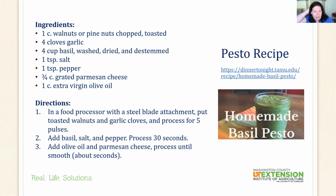The other thing that's very popular that people typically make, especially when they grow a lot of basil, is pesto. This recipe comes from Texas A&M, and their recipe calls for walnuts. So if you happen to not have access to pine nuts, you can use walnuts, garlic cloves, basil, salt, and you'll see that you need a lot of basil to make pesto, about 4 cups of